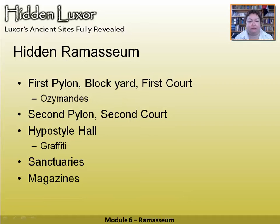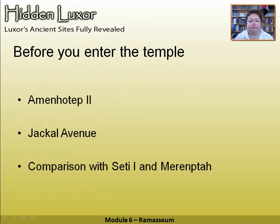So what I want to go over is the first pylon, block yard. You know me and block yards. The first court, the poem Ozymandias, second pylon, second court, hypostyle hall, graffiti, sanctuaries, and the magazine storage areas. So let's start. Well, no, before we start, as you enter the temple, you come down a little road, and